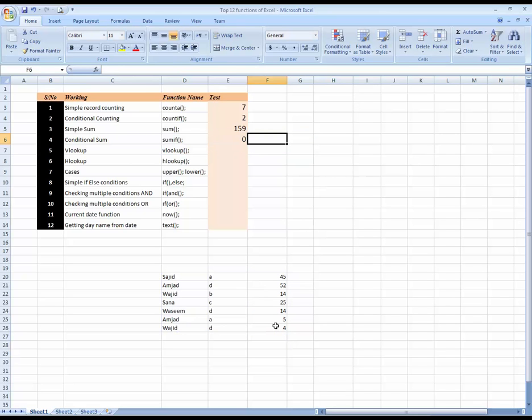Okay, now you can see Sajid is giving me the complete sale of Sajid. I am going to write Amjad, it's giving me the complete sale of Amjad. Wajid, you can see we can calculate each of the salesperson's sales. Okay, now